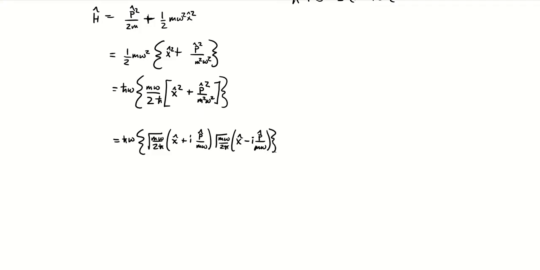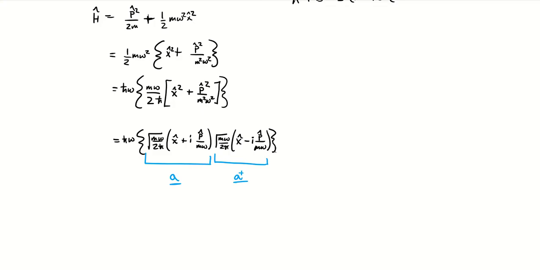But we have to be careful. So first, let's name some things and simplify our lives. I'm going to call this one an operator A, and I'm going to call this term an operator A dagger. For reasons that will become clear later when we finish all this, we're going to call this the lowering operator, and this the raising operator. You notice they are simply complex conjugates of each other.